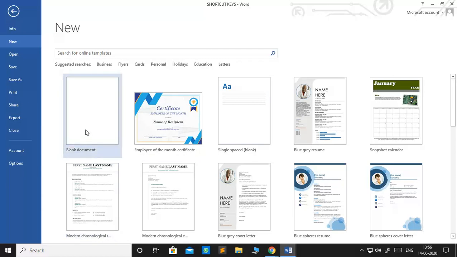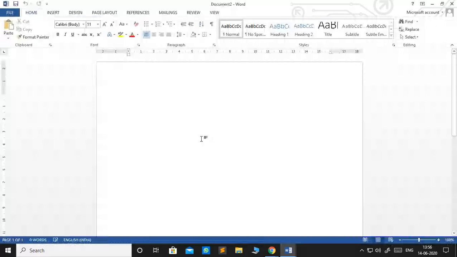So we need to take a blank document from here. There are many templates available, but you can choose blank document because we can start our work of our choice. So this way, you see, I have opened a new document on top of my previous document.